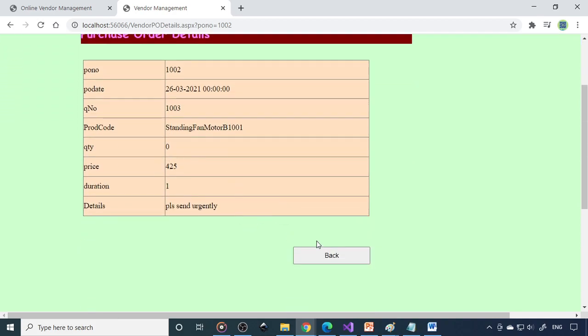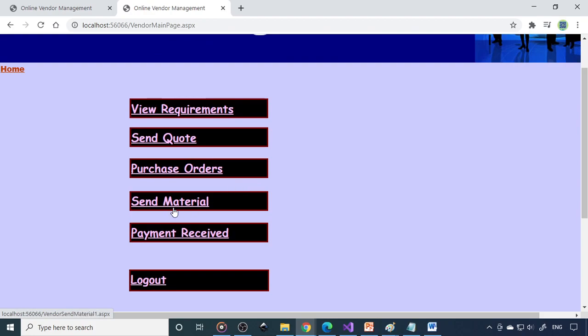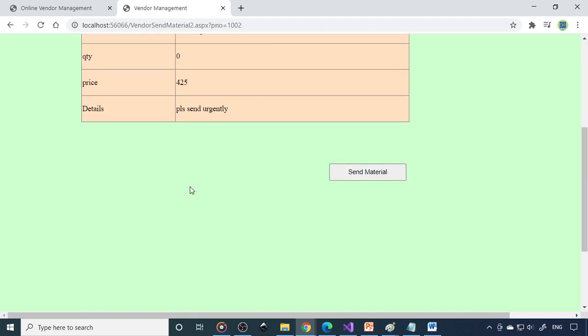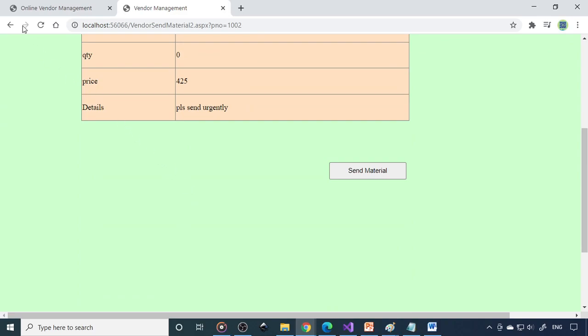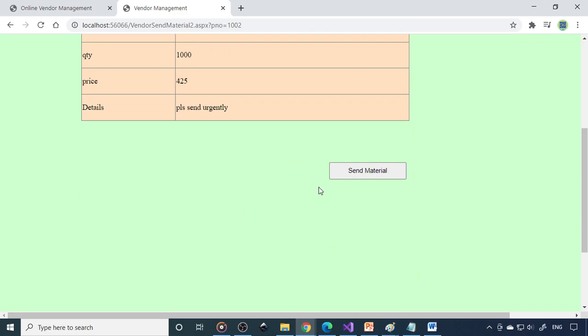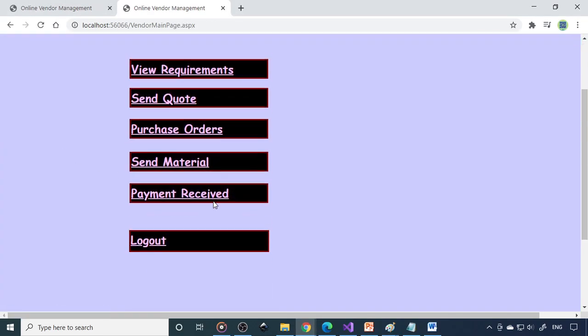So now this purchase order they need to send. So send material. So select this order. Okay, so we can send this material. Then you can click send material. So that material is sent.